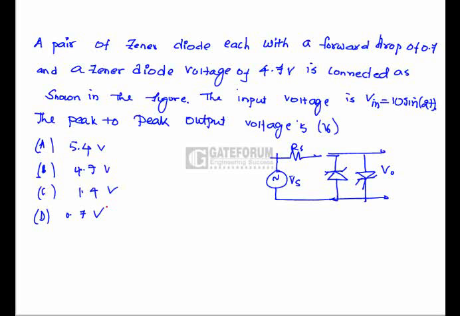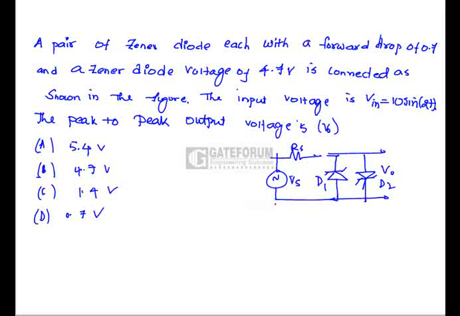A pair of Zener diodes, each with a forward drop of 0.7 V and a Zener voltage of 4.7 volts, is connected as shown in the figure. The input voltage is a sinusoidal function, that is 10 sin(2t). The peak to peak output voltage is, see, if we indicate the two diodes D1 and D2,